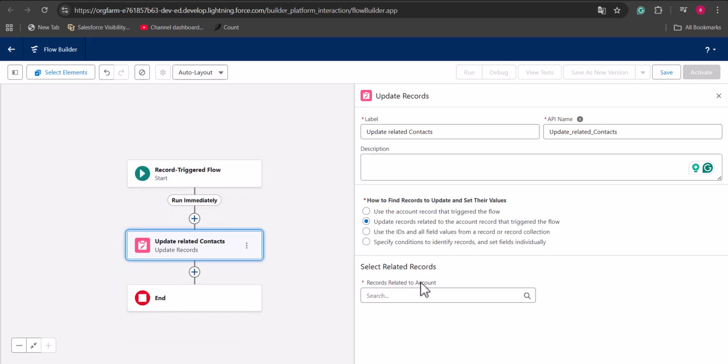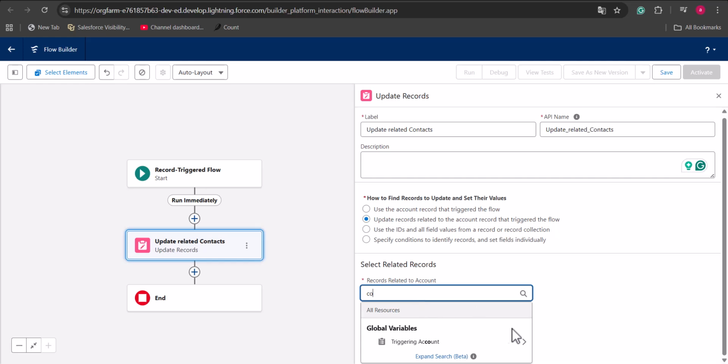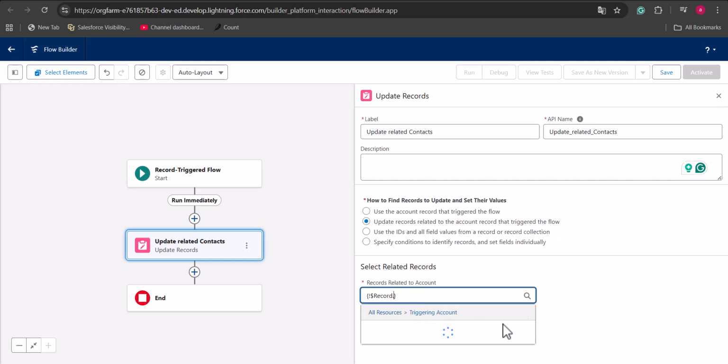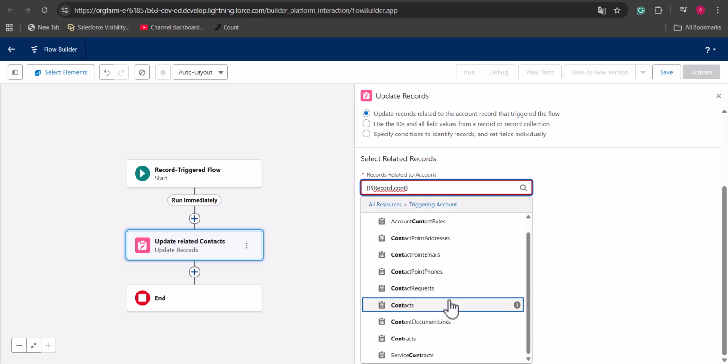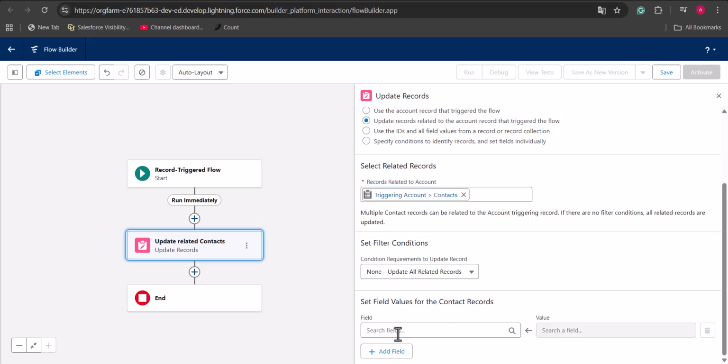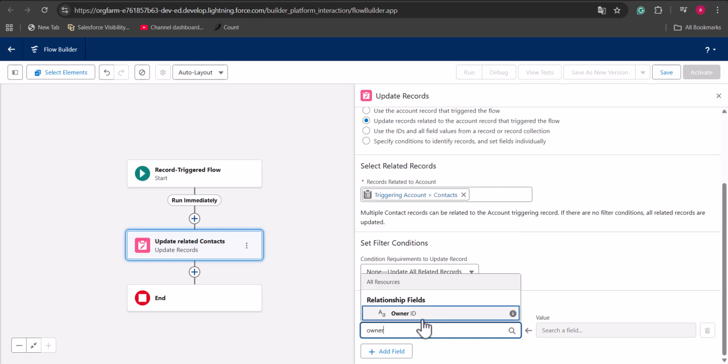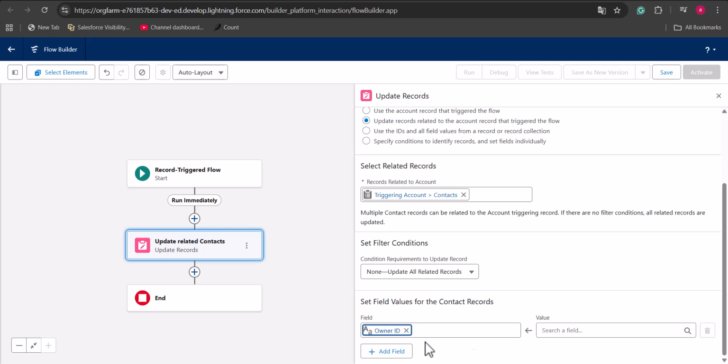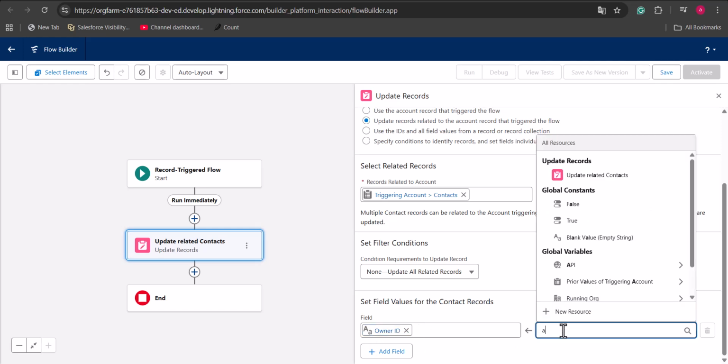So here we need to select the related object. The related object here is the contact that is triggering account contacts. Here in the section set field values for the contact records, we have to map the contact owner ID with the updated account owner ID. So here select the owner ID and the value will be